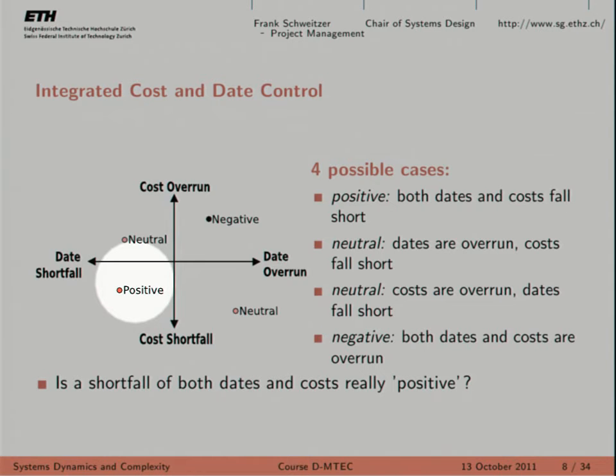Positive meaning. Can you define that? At the end, you didn't lose. You saved money. You saved time. But actually, you did a bad project plan at the beginning. So would you say this, would we put such a milestone, or would we say it's positive, negative, neutral? What would you say?